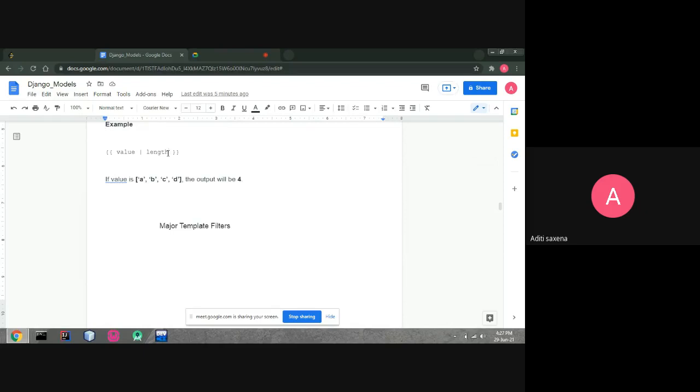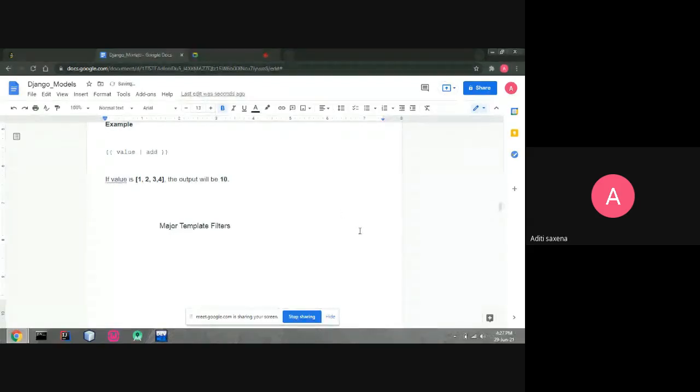If I write here one something and change them to integer values, and I change the filter to add, the output will now be the summation of these numbers, like 4 to 10.